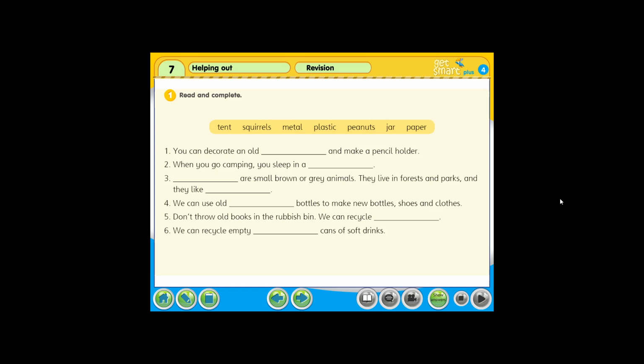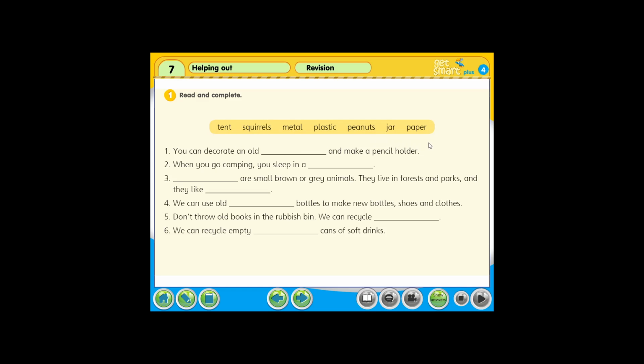Okay, students, now we are going to do workbook, page 65, question 1. Workbook, page 65, question 1. We look at the instruction. It says read and complete. Read and complete. So you are going to read these sentences and then you have to fill in the blanks